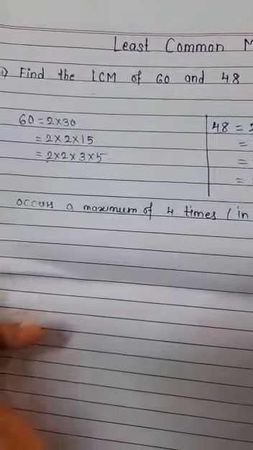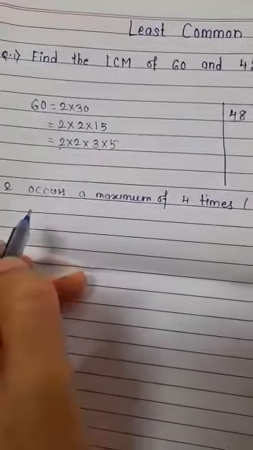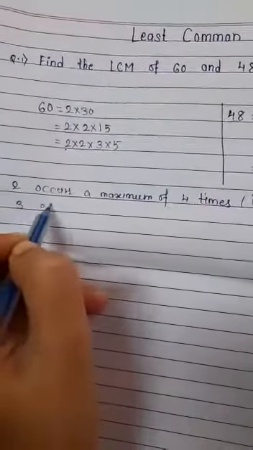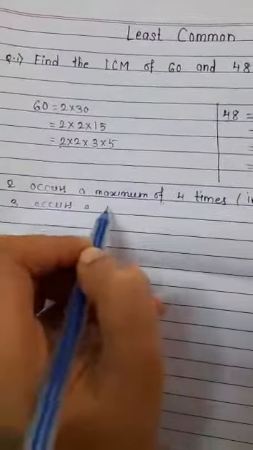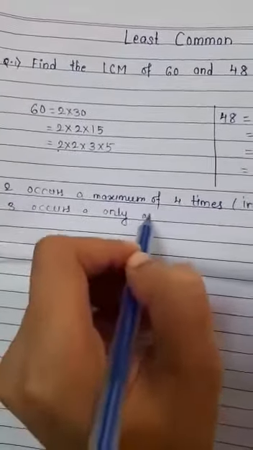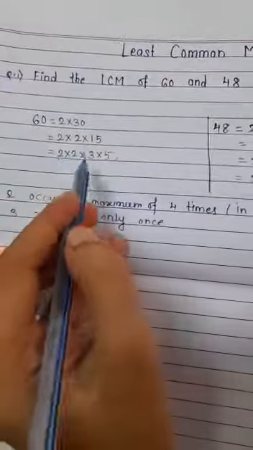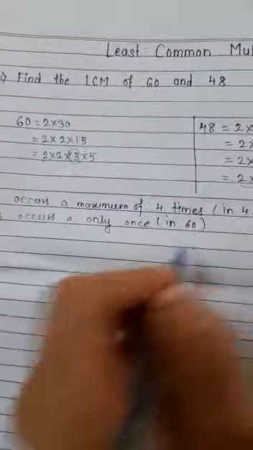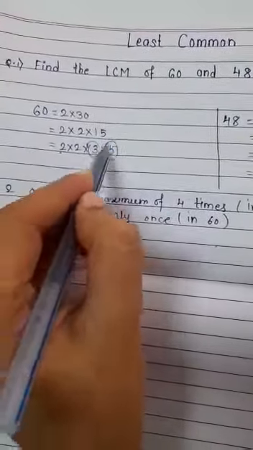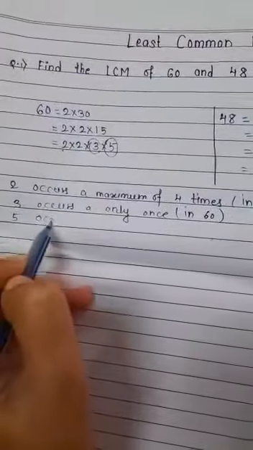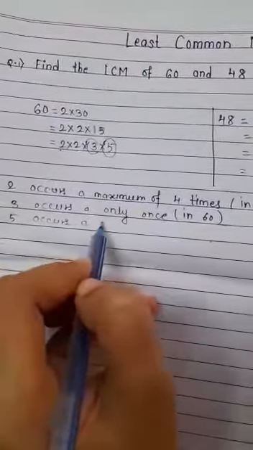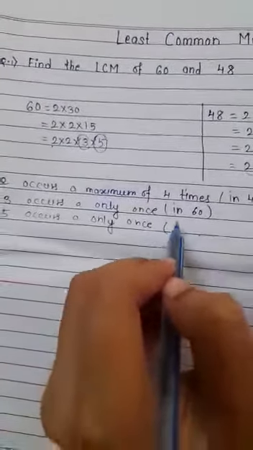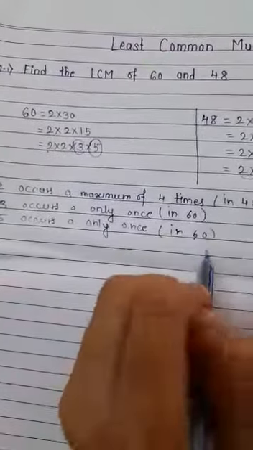Now 3 occurs only once, in the factors of 60. Now 5 occurs only once, in 60. So